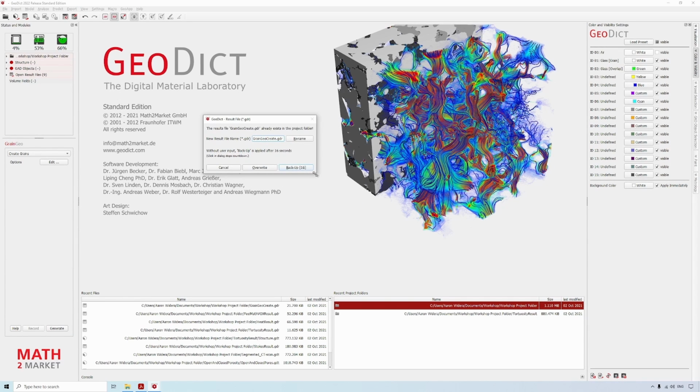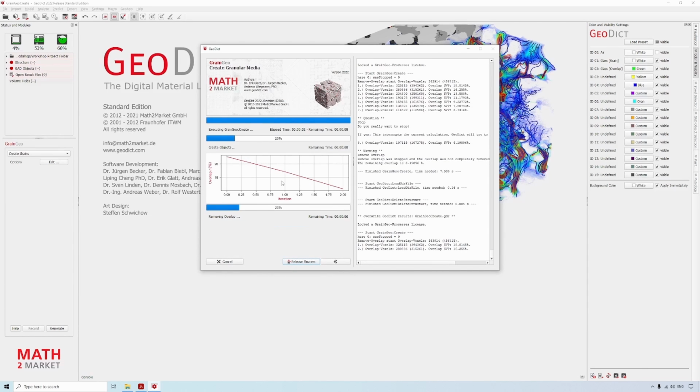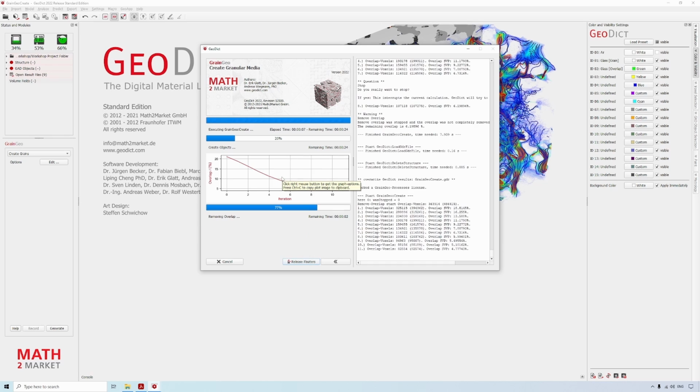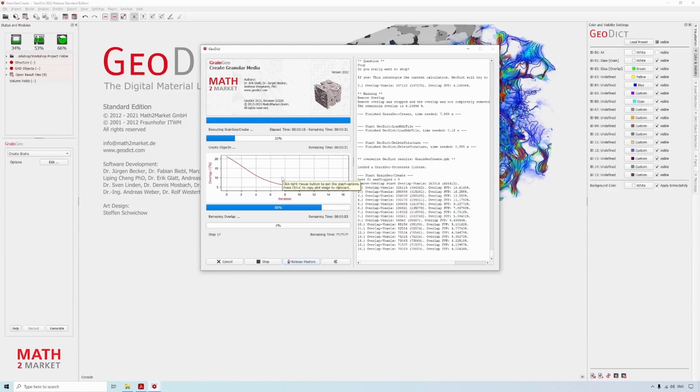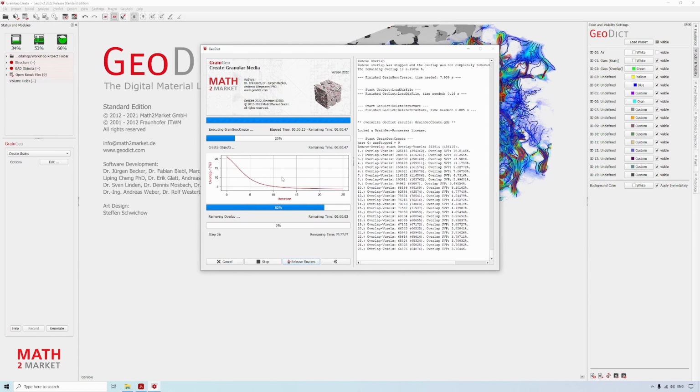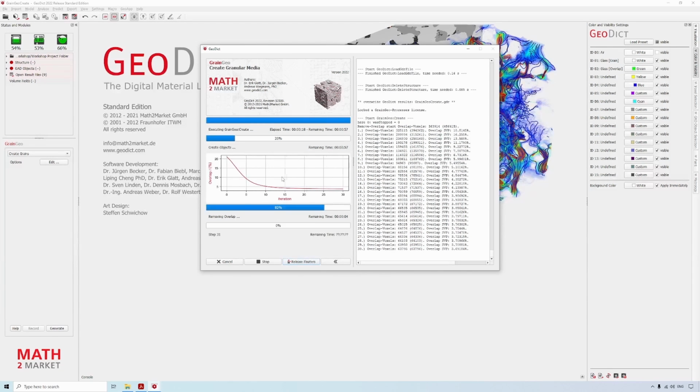Since I previously created a crane structure in the same directory, Geodict asked me, do you really want to overwrite the structure, rename it, or backup it? Since it's some other result, I will just overwrite it. If you are overwriting your results, may it be structure generation or property prediction, please make sure that you really can overwrite it and are not overwriting different results you still need.